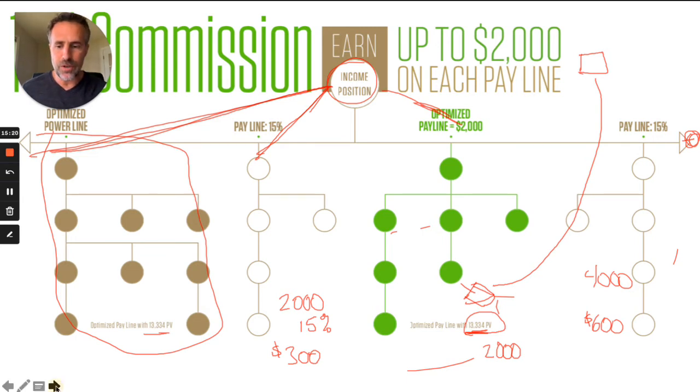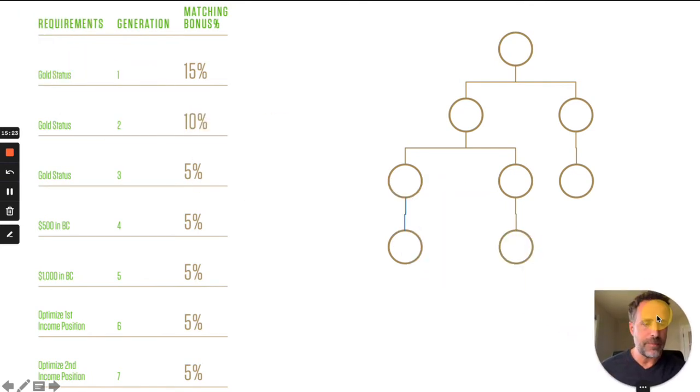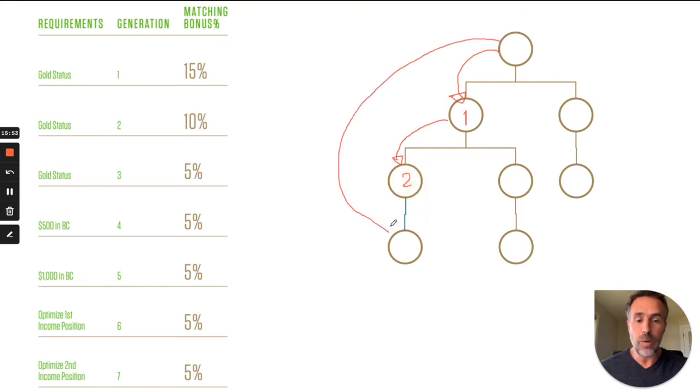All right, let's move to the next way to generate income. Okay, in this example, this is the matching bonus section. So the matching bonuses are basically based on the generations of people that you enroll. So if you, for example, enroll this person right here, well, that person would be generation 1 to you. If that person enrolls this person, that would be your generation 2. But if you place someone down below, which you can, anytime you want, you can do that, that would be, again, generation 1, because it's your personal enrollees, just like your children. All right? That's how it works.